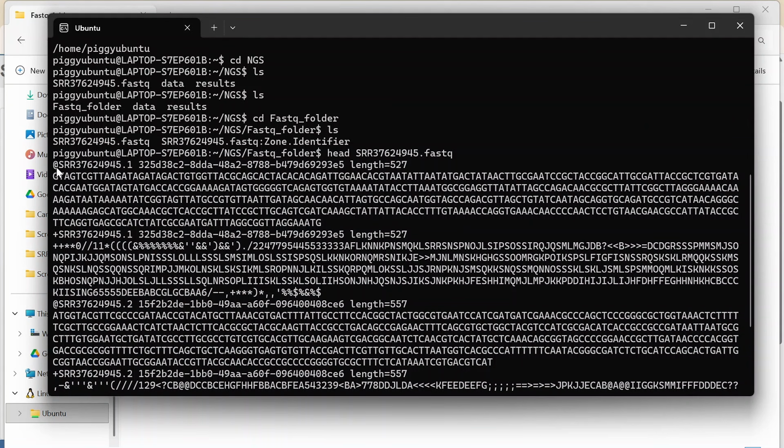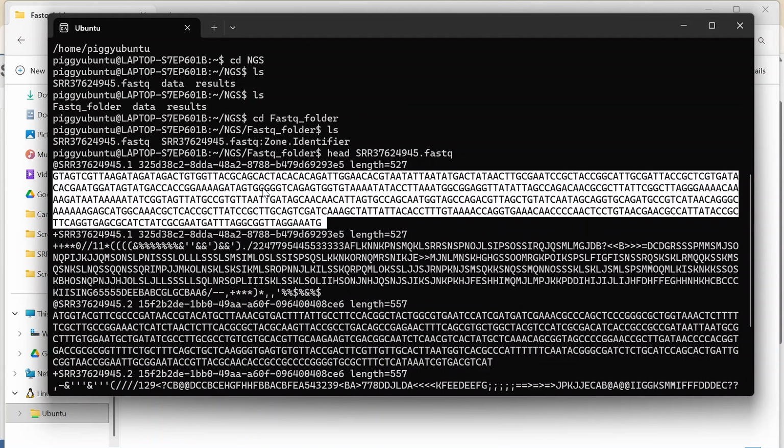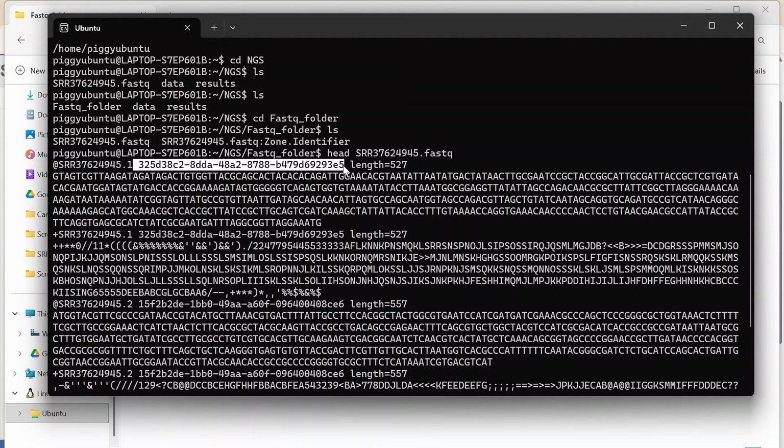Okay, so here let's come back to the first read. This is the starting of the first read, the at the rate, then the run ID. Number 1 represents that it is read number 1, and here we have something else as well. Now what is this? Here it is also called the unique ID, but we have no use of this. We can simply ignore this. But what is it actually? It is just a random ID, so it helps us uniquely identify this read. If internally we want to look specifically for this read, this is the unique ID for this read.